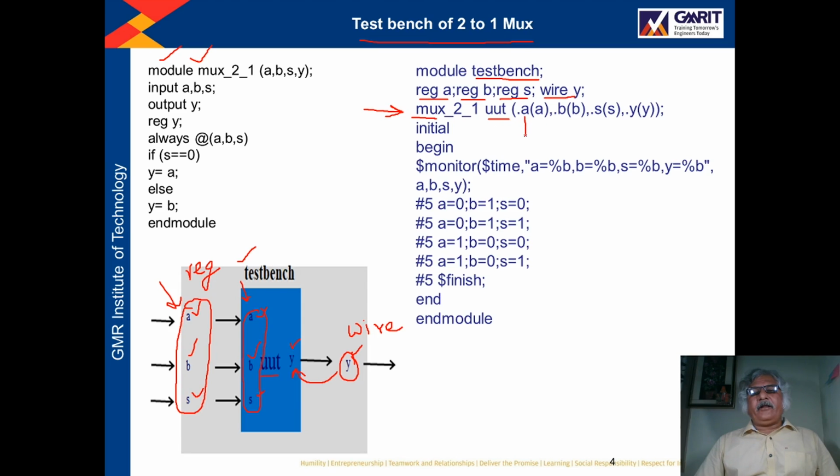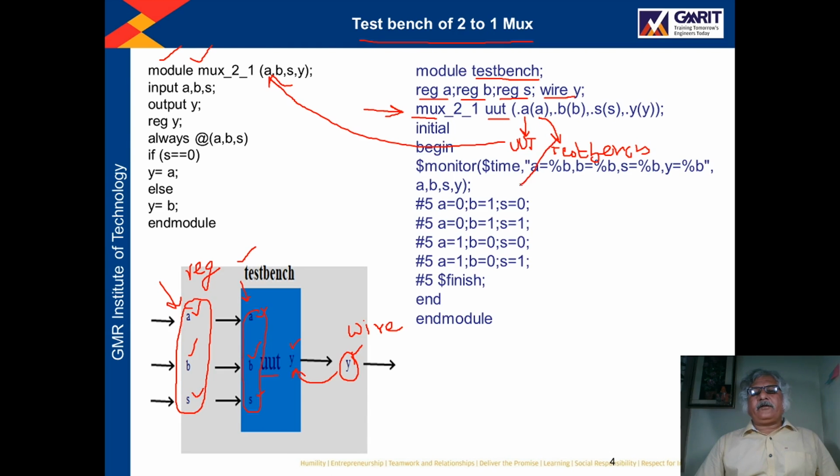Here dot A, this is the port of the unit under test, means it belongs to this A. Then inside the bracket we have written another A. This belongs to the test bench port, right?